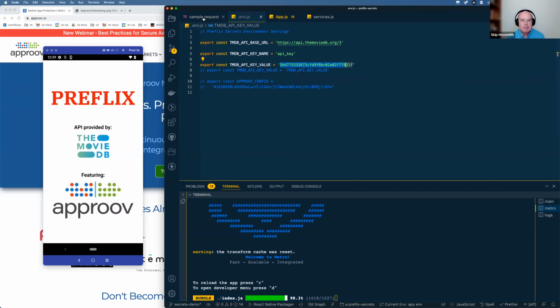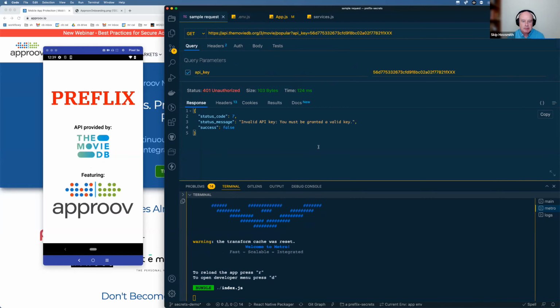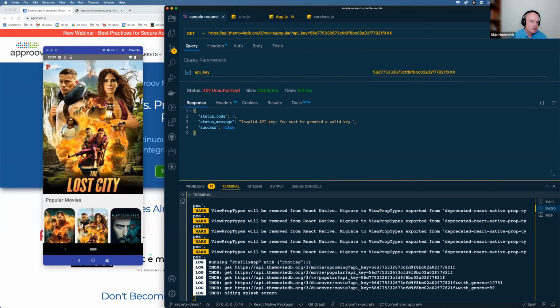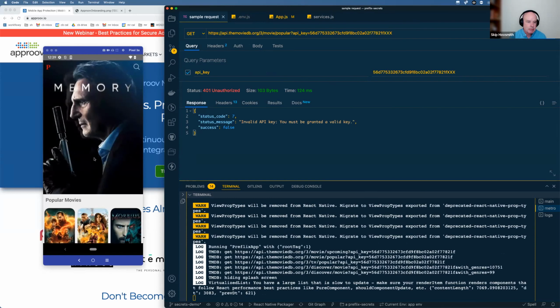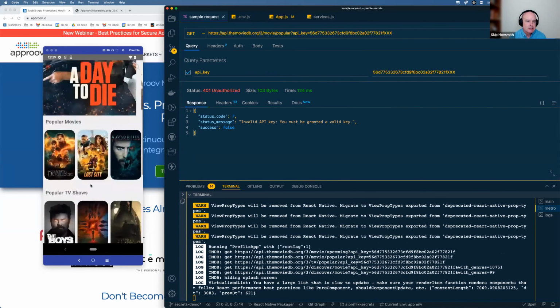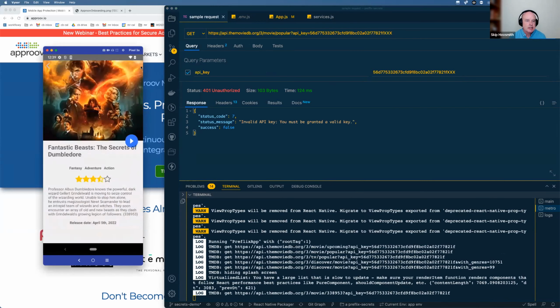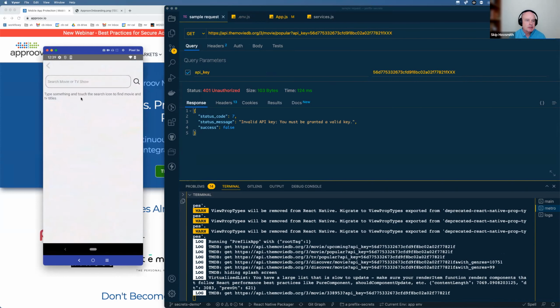And while I'm doing that, this is what a typical, okay, well, it looks like we're going to go now. And there we go. So it's just kind of a simple movie browsing app. It's showing you what the current popular movies are right here. You can scroll up, and if you want more information on a movie, you click on it. You can search for movies.